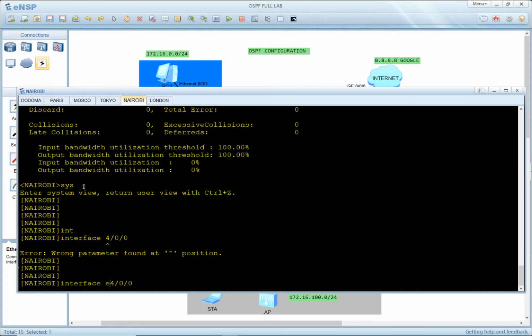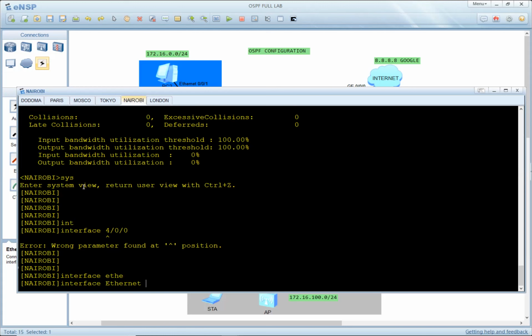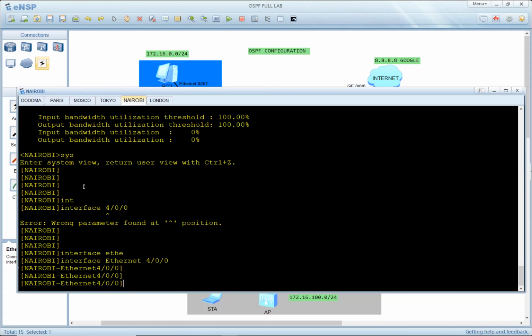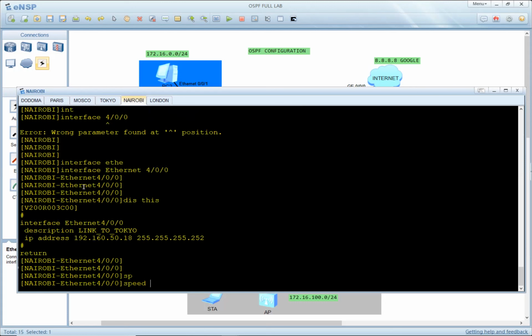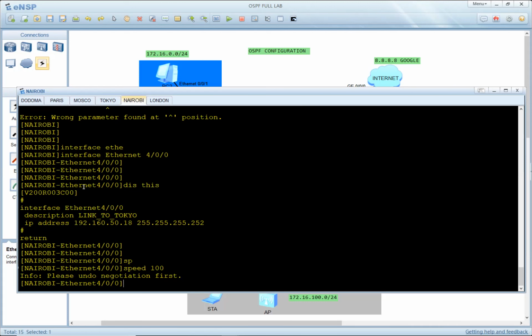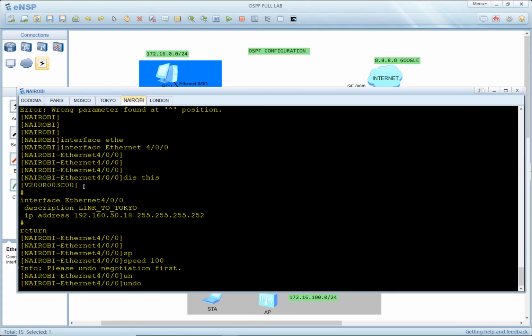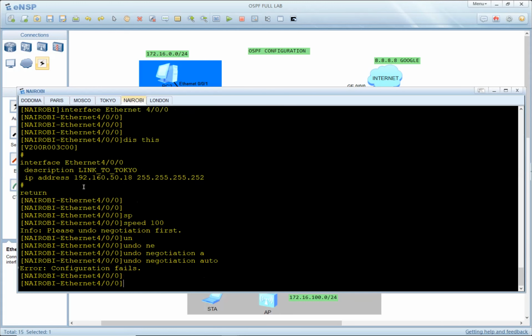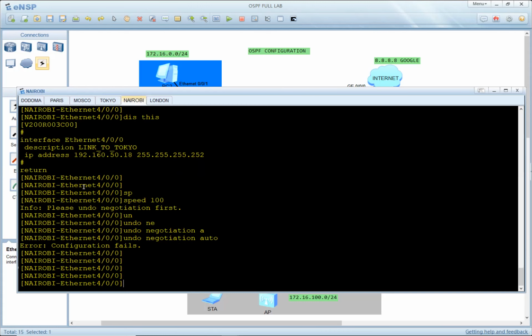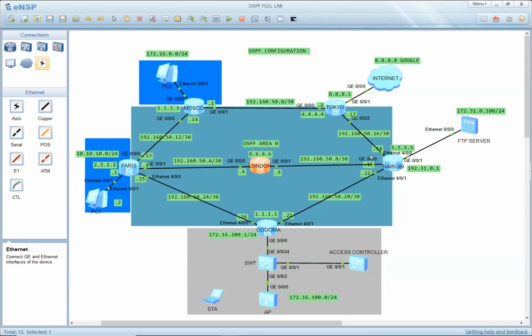Okay, it needs to be assigned. After here, speed. Can you put 100? Please undo negotiation first. Undo negotiation auto. Configuration fails. Okay, it fails to change the speed of this port, because I just wanted to show you